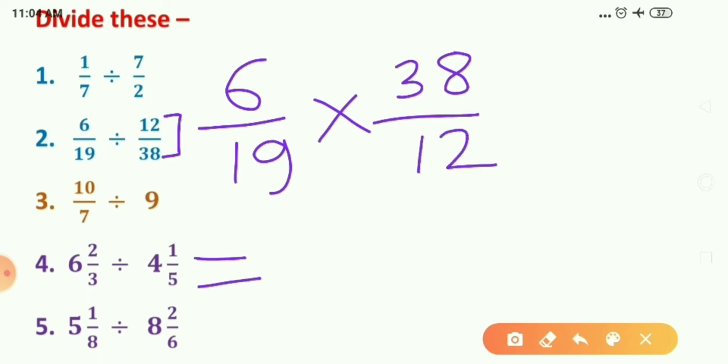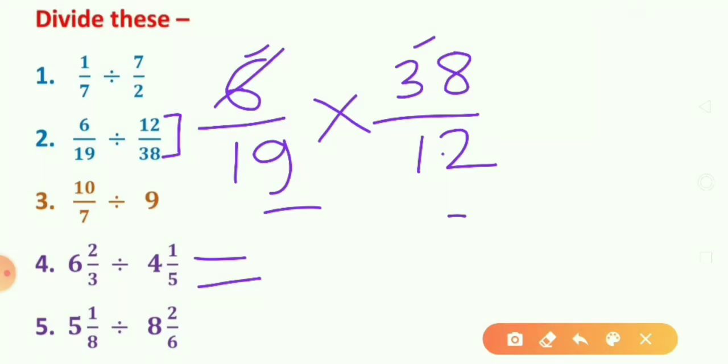So go to the second step, multiply the numerators and denominators. Here I want to say that these are big numbers, so if these numbers are divisible by each other, you can divide. You can divide the numerators with the denominators. So here 6 and 12 we can divide.